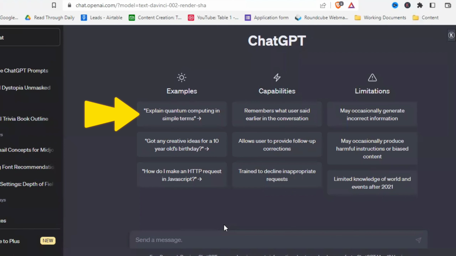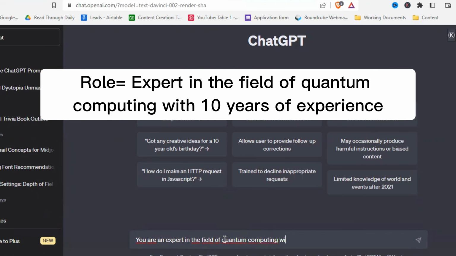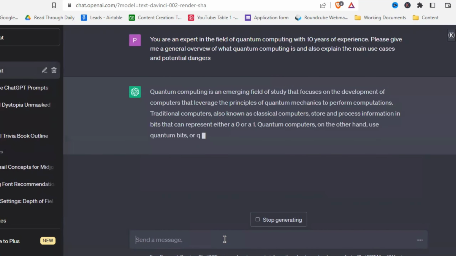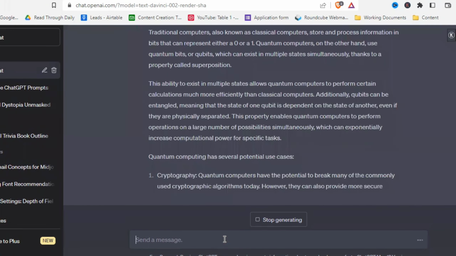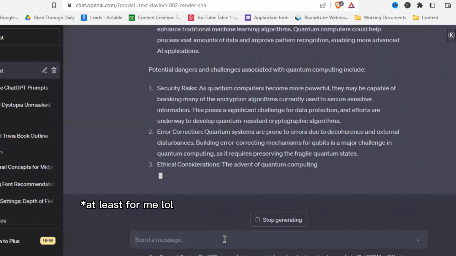Let's say you want to use ChatGPT to learn something. Let's get into quantum computing. Remember to start with the role and then give context and be specific about what you want. So let's say you are an expert in the field of quantum computing with 10 years of experience. Please give me a general overview of what quantum computing is and also explain the main use cases and potential dangers. And this output may be way too complicated for you,